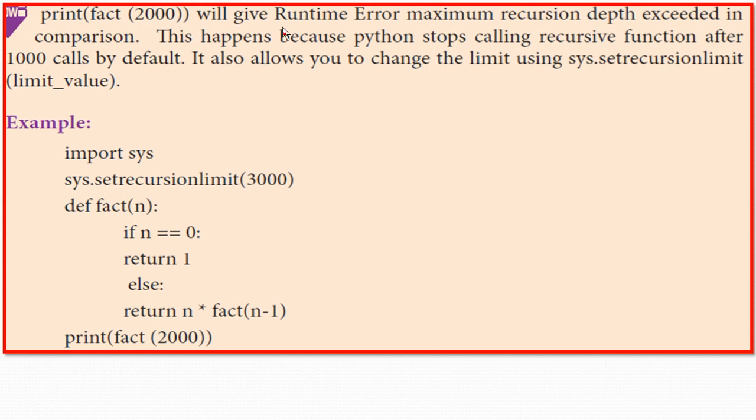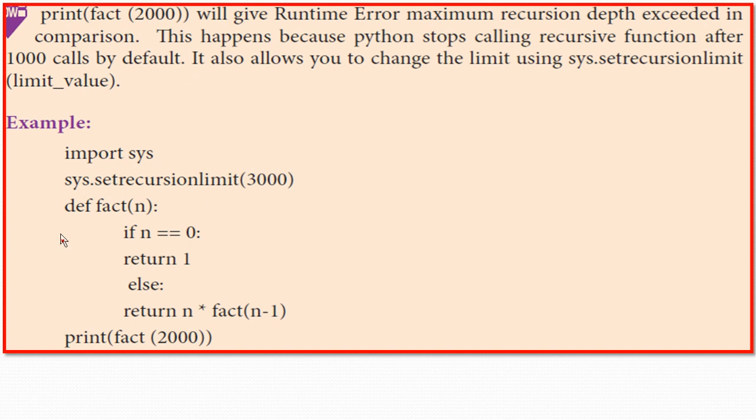Print fact of 2000 will give a runtime error: maximum recursion depth exceeded in comparison. This happens because Python stops calling a recursive function after 1000 calls by default. In the previous program, fact of 5, there were 5 calls. By default in Python, 1000 calls may be made.